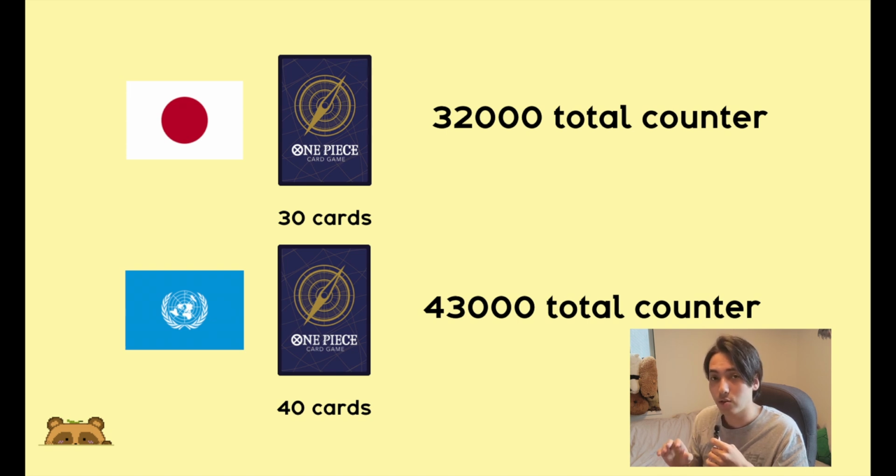Usually with just 1000, 2000 counters, you won't be able to reach this 32,000 or 43,000 counter threshold. So what you need to be adding are counter events. But there are a lot of bad counter events. Some counter events are very counterintuitive, like the Meteor Strike of Love, and then there are also some cards like